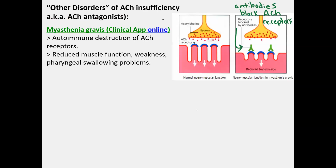Now I'm going to talk about other disorders that aren't poisons or toxins, and common things that you're going to see as nurses. Myasthenia gravis is an autoimmune disorder. This one causes your immune system to produce antibodies against your acetylcholine receptors. So what happens is it attacks